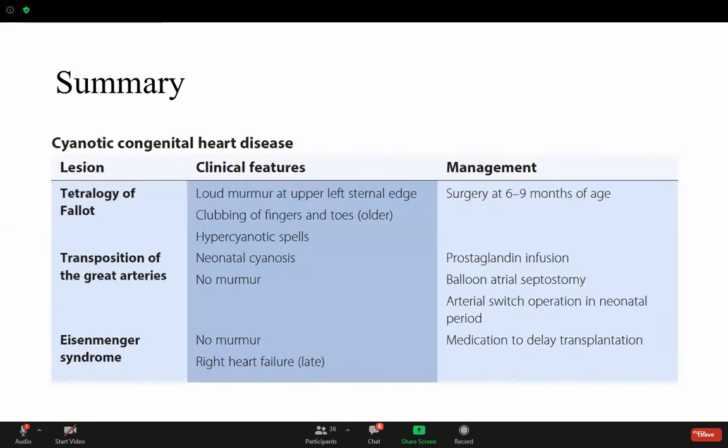هذا التلخيص. اللي سأل كيف نميز بين كلهم cyanosis هنا الكلينيكال فيتشرز. اوكي، بعضهم عندهم no murmur، بعضهم عندهم loud murmur، والايزنمنجر would present late. اوكي،